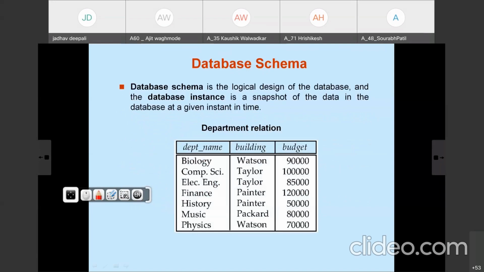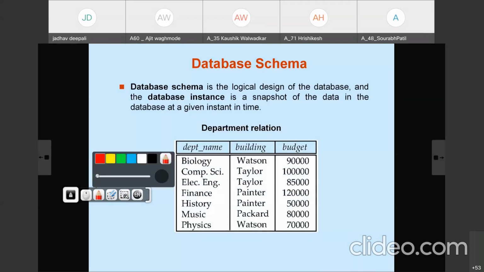Now database schema. Database schema is the logical design of the database, and the database instance is a snapshot of the database. So at a particular moment, whatever data is present there, that is the instance of the database. In this department relation, the schema is how we represent the department schema with department name.